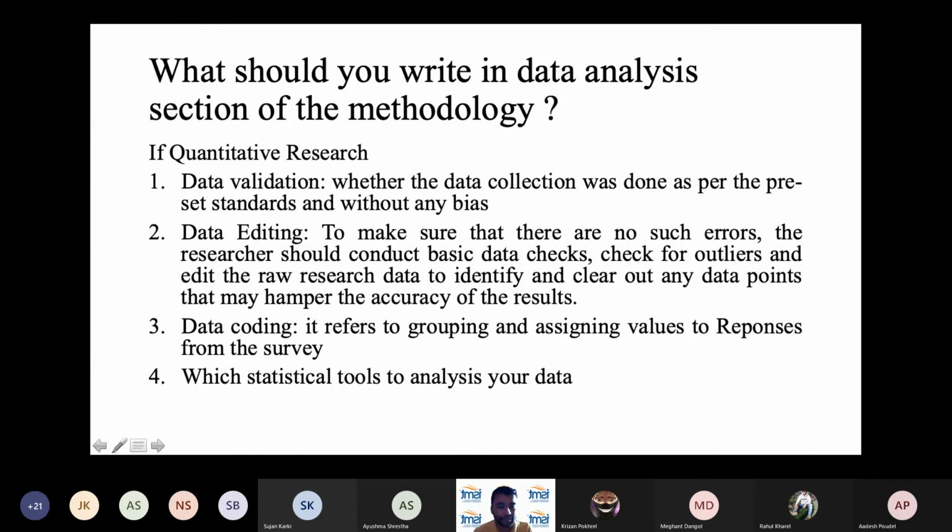Another is data editing, to make sure that editing does not mean you need to fabricate certain things, because the responses they have given might be in a different way. They might have written unnecessary words or something like that, which is not necessary for your analysis part. Some demographic information, suppose email address, phone number, is not necessary for the analysis part. So you need to make sure of that, and of other parts of the data also, to make sure that there are no such errors. The researcher should conduct the basic data check, check for the outliers and edit the raw data to identify and clear out any